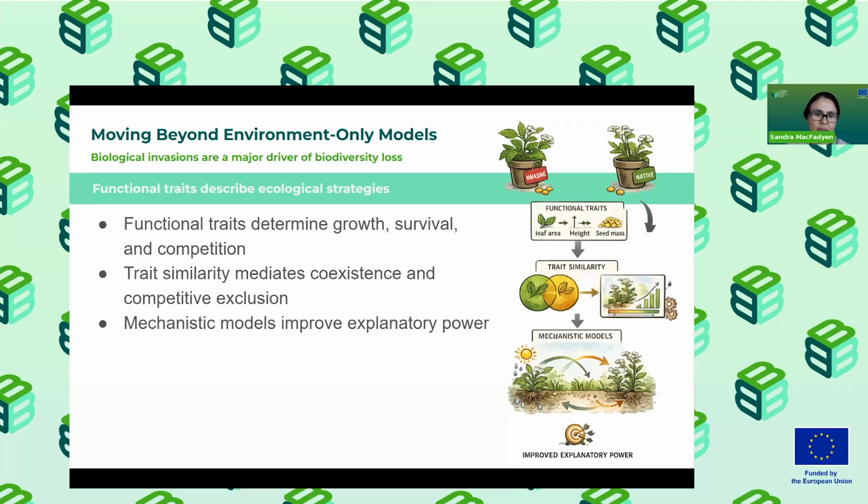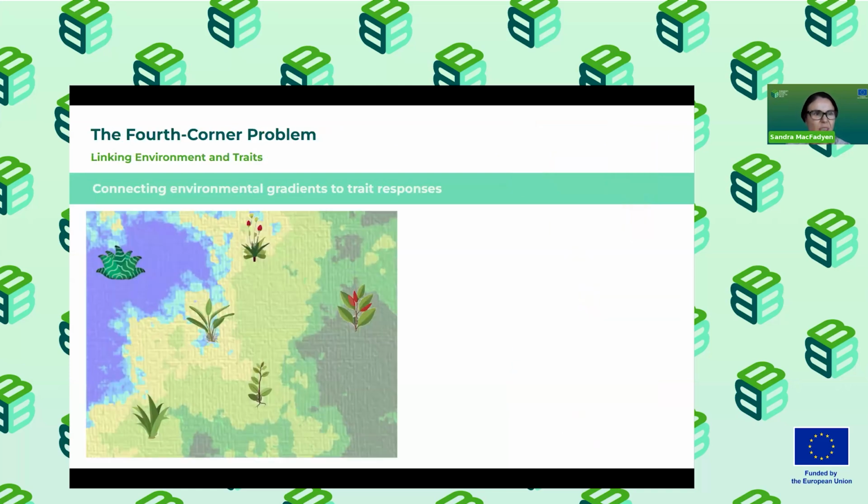But how do you include that? And that's the issue of linking traits to environment. It's often called a fourth corner problem, which I'll explain in a minute. So this fourth corner problem is all about being able to make this connection between an environmental variable and a trait response. So we've gone through this figure previously where you've got these indigenous species that are overlaid on this